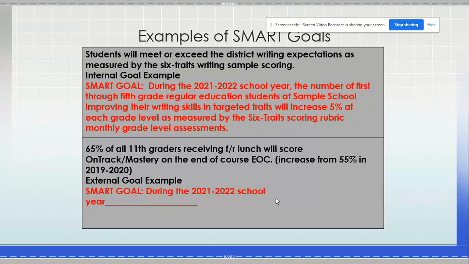So we need to include that. A good way to put it is: during the 21-22 school year, the number of 1st through 8th grade regular education students at sample school improving their writing skills in integrated and targeted traits will increase 5% at each grade level, as measured by the 6 trait scoring rubric and monthly grade assessments. So for this SMART goal,